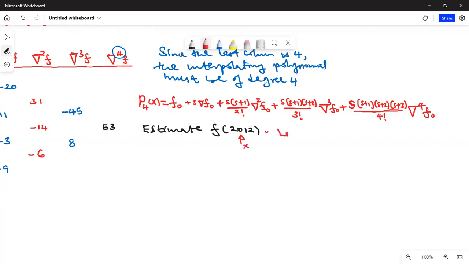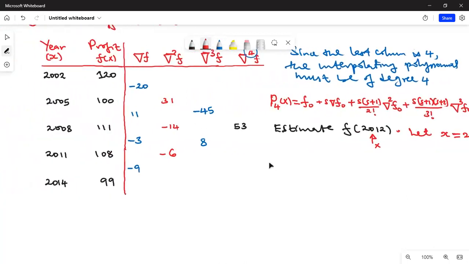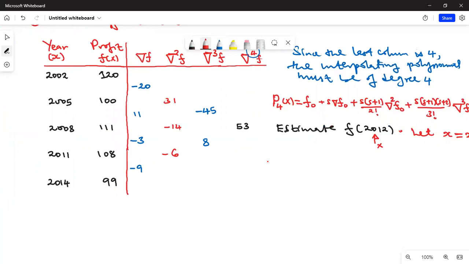So you're going to say let x be equal to 2012. Let's go back to the table and locate it. 2012 is somewhere here. I want to know the value when